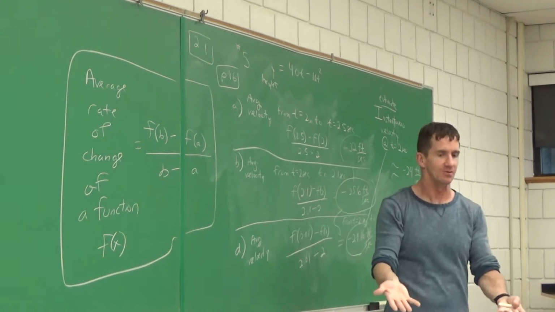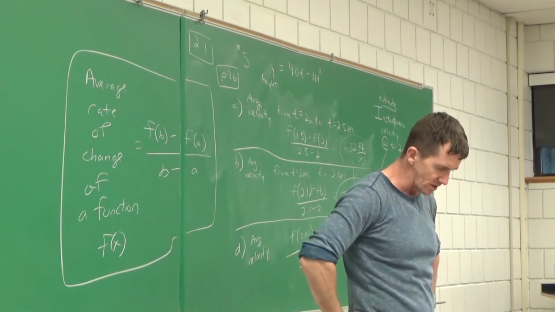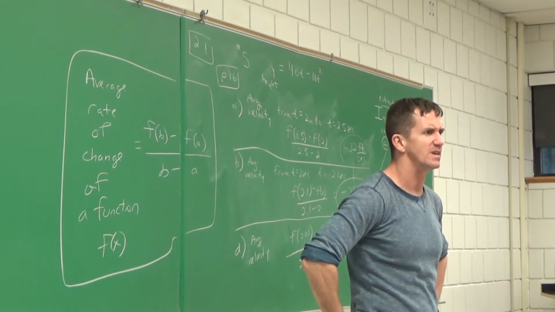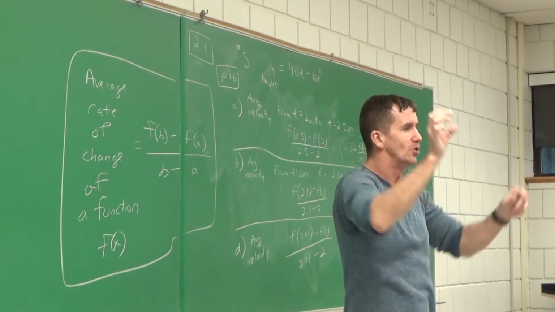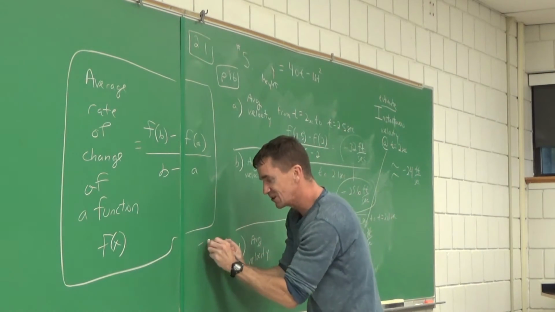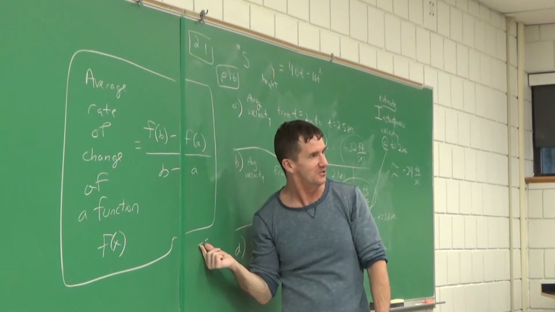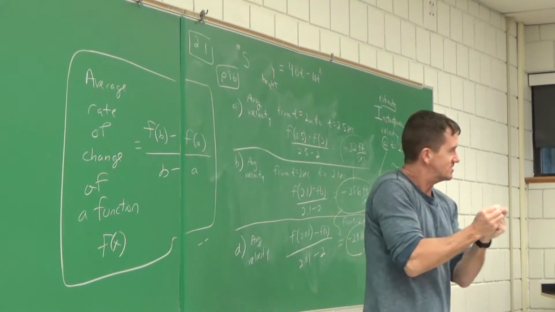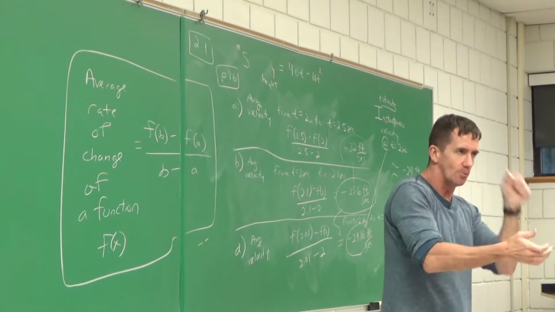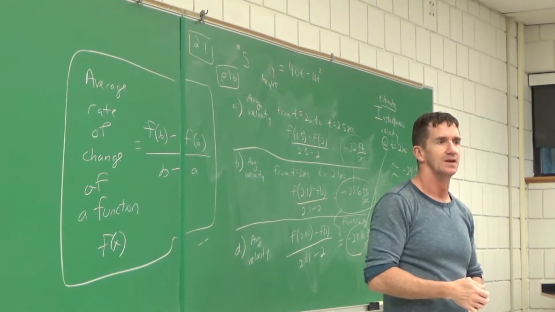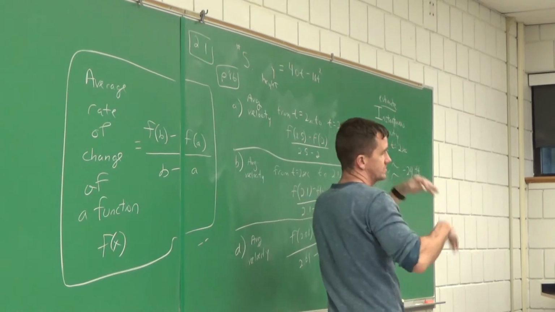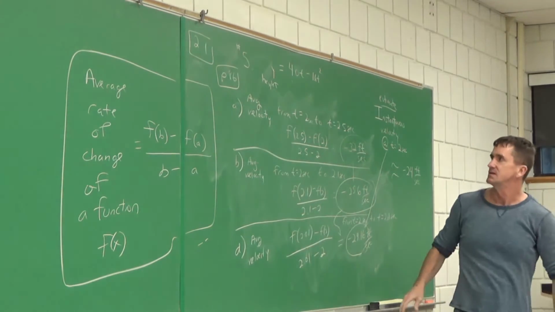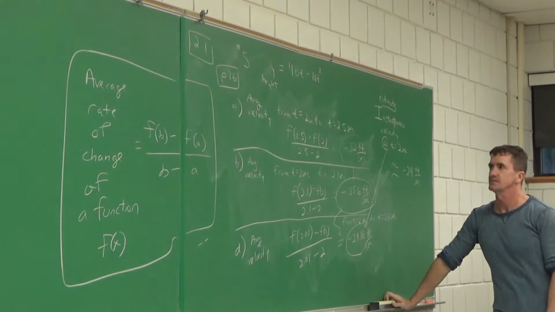Because you'll have a table. You just have a table of values, it says estimate the, and you go, oh yeah, I'll just, and in this gigantic table, you're just going to take the two numbers that are closest together. That's all you'll use. Because that'll give me the best estimate of what's going on in an instant. Cool. But there is a way to find the answer to this exactly, but we're going to use calculus. We'll get to that later. And some of you are probably already very curious about that. And that's what we're getting to.